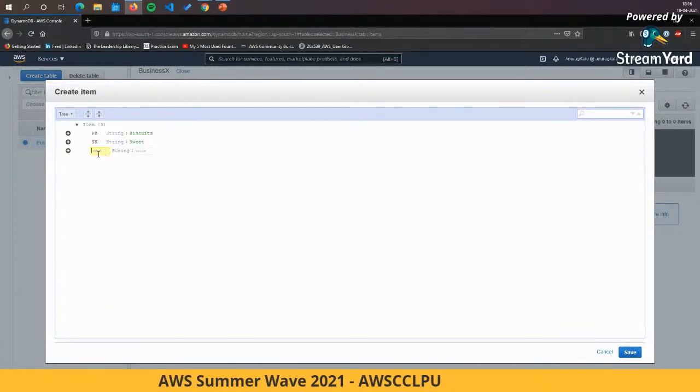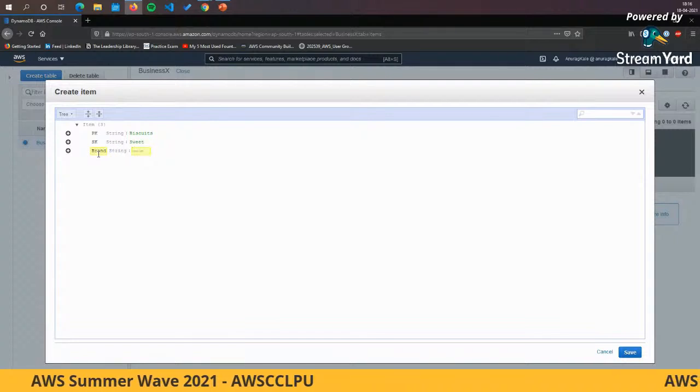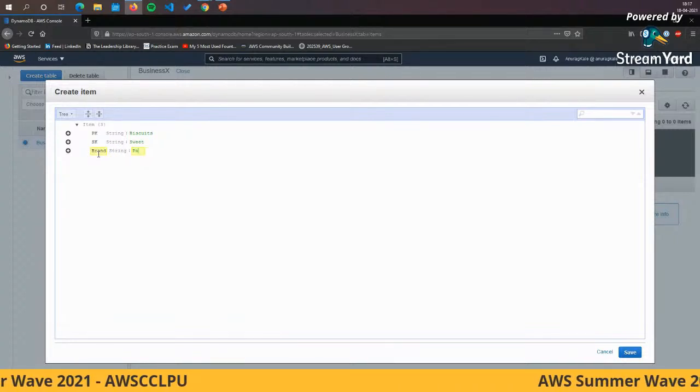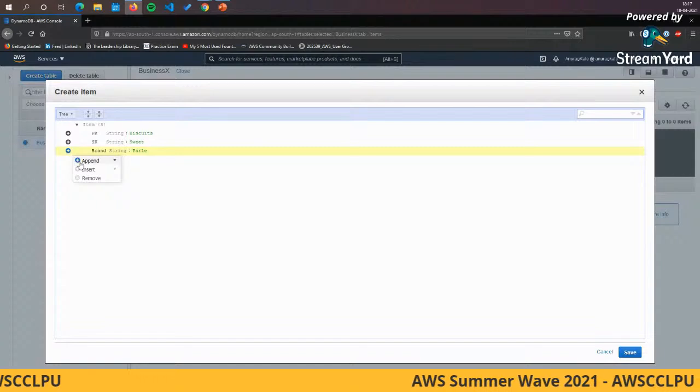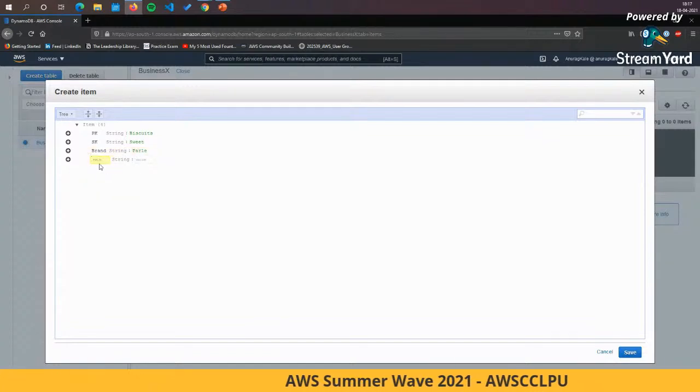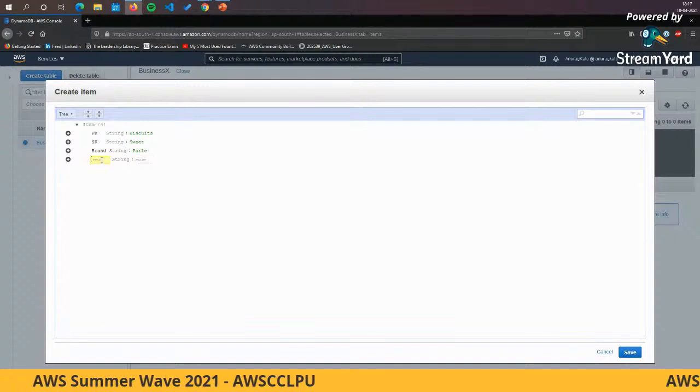Now let's say I'm going to say brand, and let's say Parle. Then I can again say append, and string. Now you can choose multiple data types, but I'm just going to go through quickly with strings because it is easier.